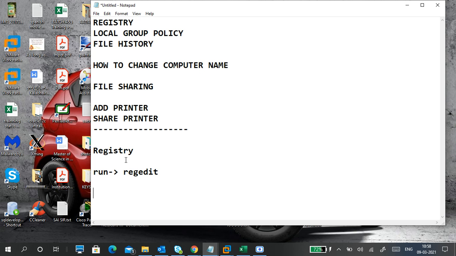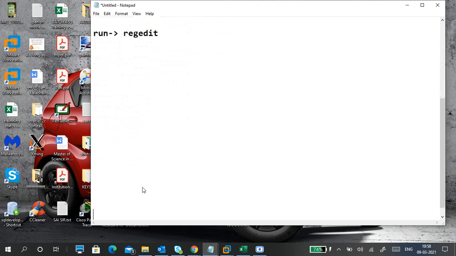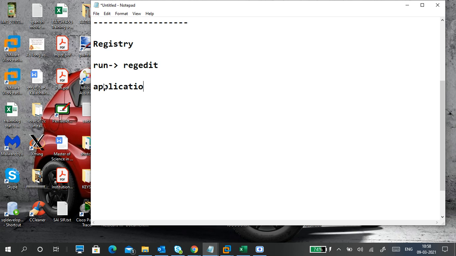That's it. If you want to give .exe, that's your wish, but not MSC. So you open it. What is the content in the registry? Application information, your user information.